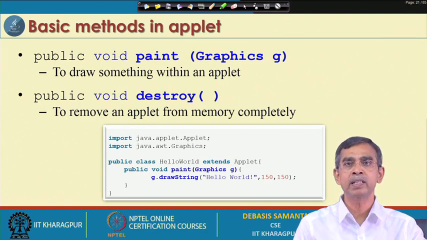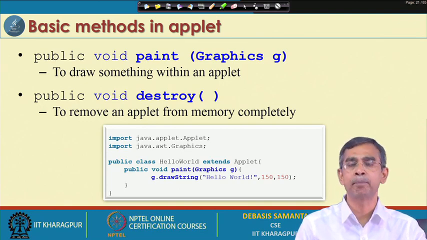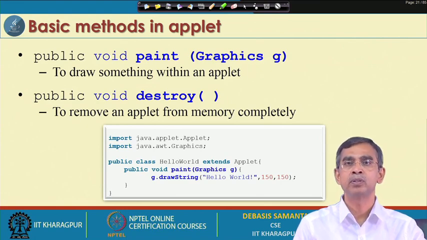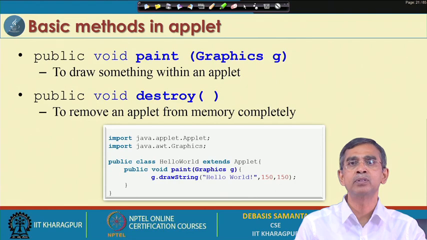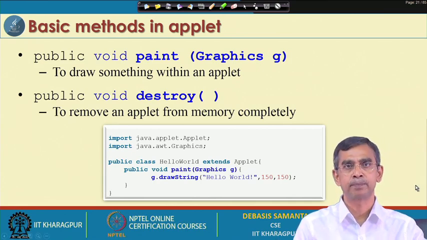The start method is basically to start running an applet. Sometimes we have to control the applet view. So, in that case, if you want to control, then you use start. Sometimes you also have to close the applet. In one program you can use 3-4 applets. So, sometimes you have to start one applet, close another and like this. So, in that case you use the start and stop methods.